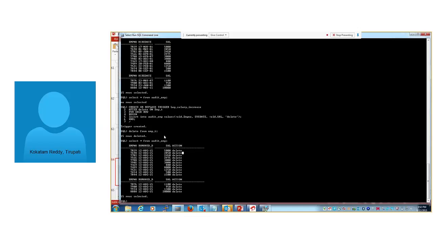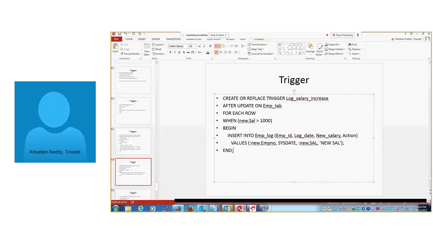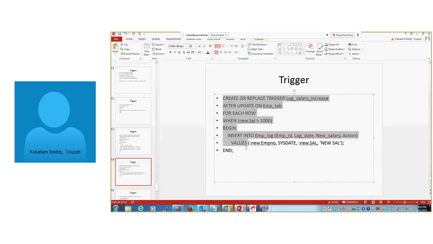When you add those columns into the audit table, the audit table will receive the records from the deleted table. The trigger will fire and take the records from the deleted table and put them into the audit table. This is the purpose of auditing.